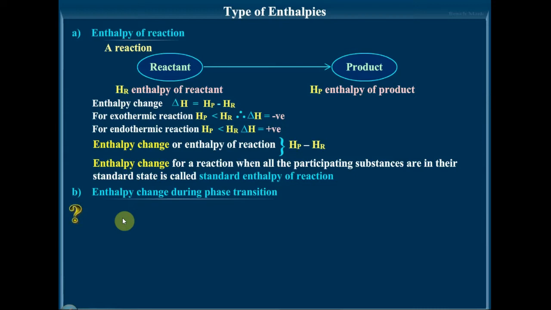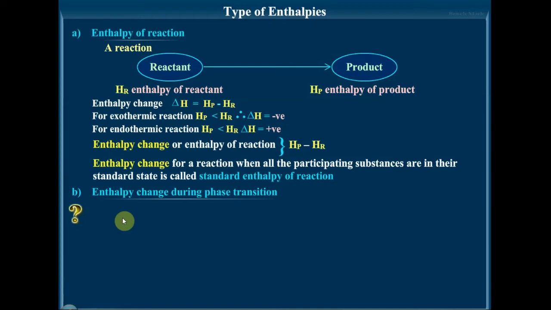And one thing is very important, the magnitude of enthalpy change accompanying the phase transition depends on the strength of the intermolecular forces in the substance undergoing the phase transition. That is, take the enthalpy of melting or enthalpy of fusion of two substances. If you are taking iron and any other metal, the magnitude of these will indicate that the bond enthalpy, the strength of the bond is greater.